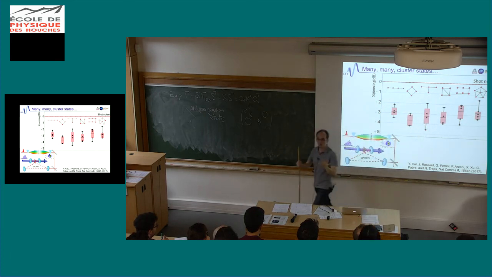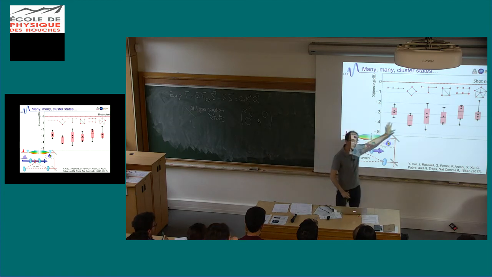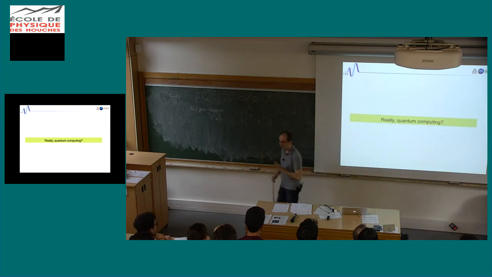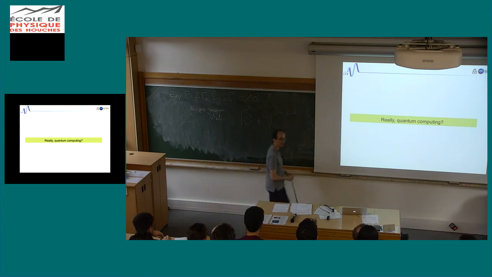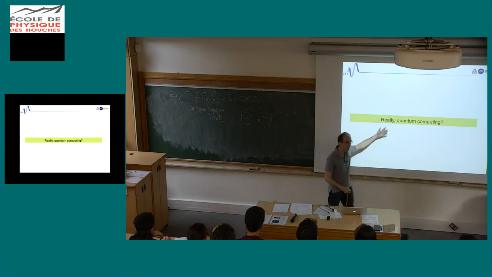Okay? So this was a bit quick. And you don't need too much for the rest, but just to give you a hint that we can generate this kind of complex entanglement through basis change. But I really would like to address this last point, because this is where maybe modern quantum optics goes. Is this really quantum computing?